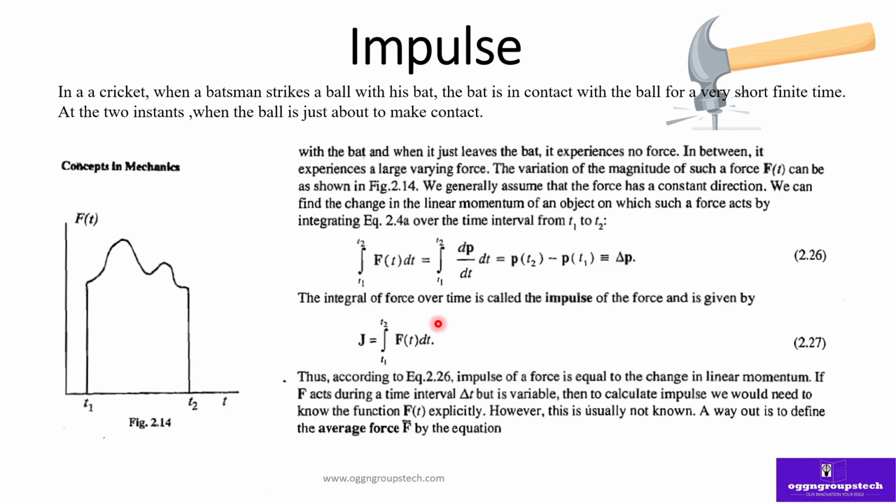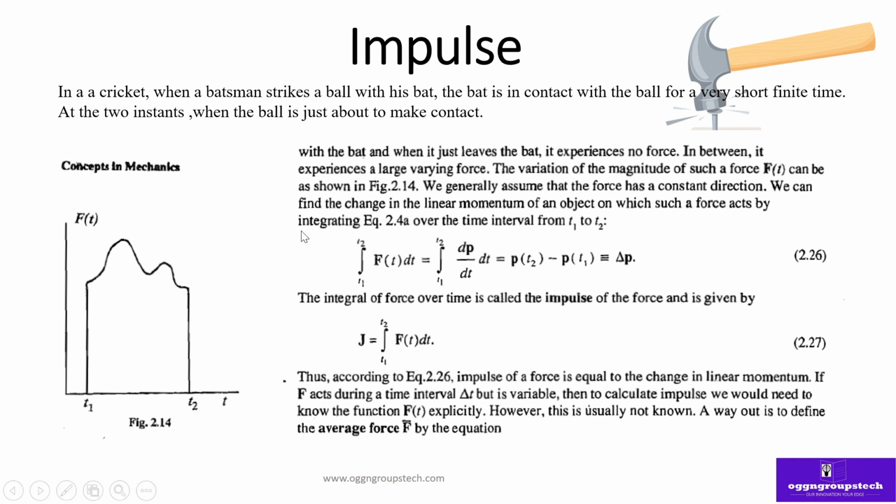So the integral of force over time is called the impulse of the force, and this whole thing I can give as J. So J is equal to the integral t1 to t2 of F(t) into dt. तो इस केस में अगर हम लोग देखेंगे कि इम्पल्स का मतलब क्या होता है, डेफिनेशन तो मैंने सबसे पहले दे दिया। इम्पल्स का फॉर्मूला क्या है, J is equal to F into t, बट हम लोग इसमें टाइम के बेसिस पे टाइम का इंटीग्रल लिया हुआ है, सो इट इज इंटीग्रल t1 टू t2 F(t) dt, ठीक है।